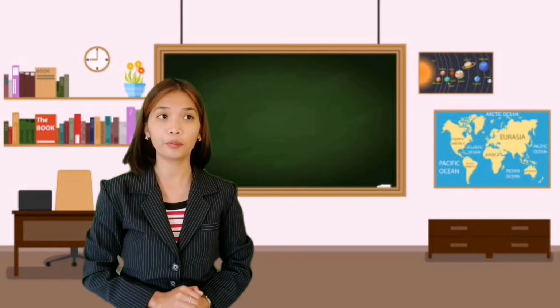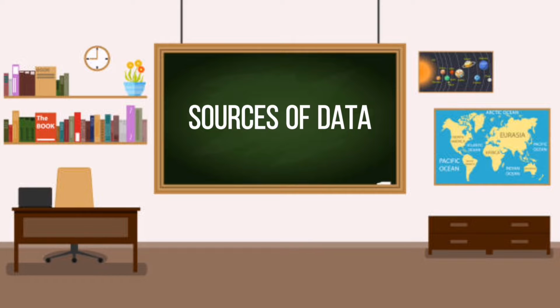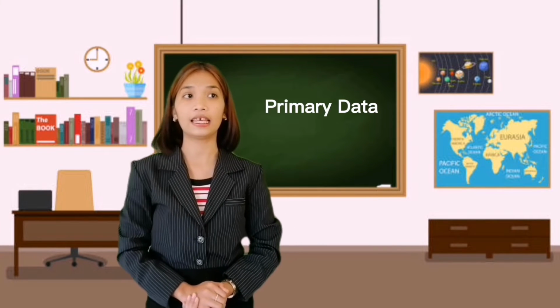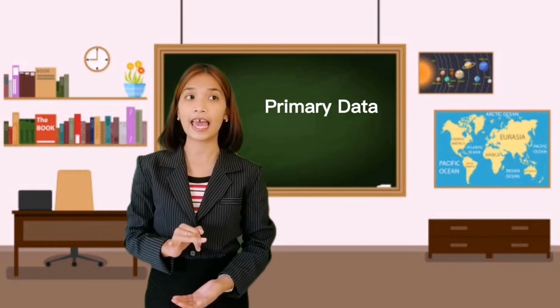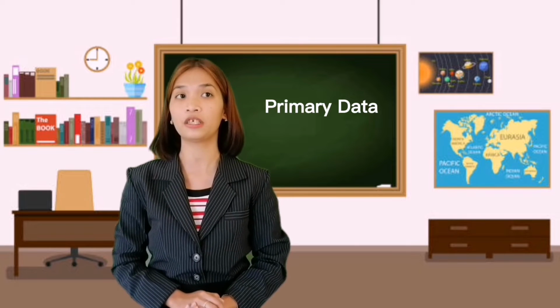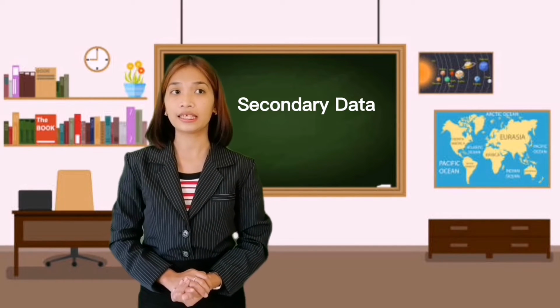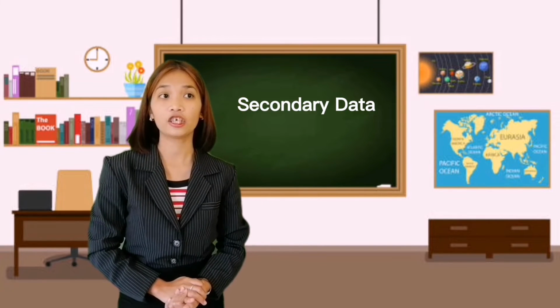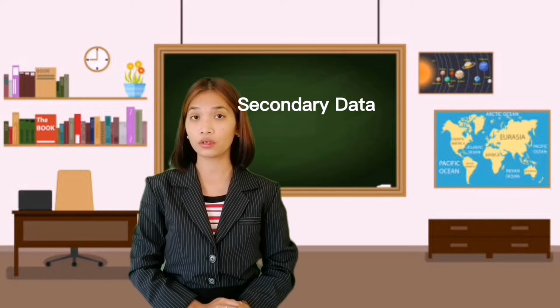This data gathering procedure will be guided so the flow of our research will be properly done. So there are sources of data. Primary data is data that comes from survey, interview, test, observation, recording, behavior, or response of respondents. On the other hand, secondary data is more on paper-based or electronic data, like books,